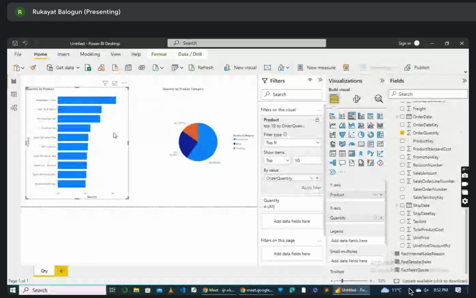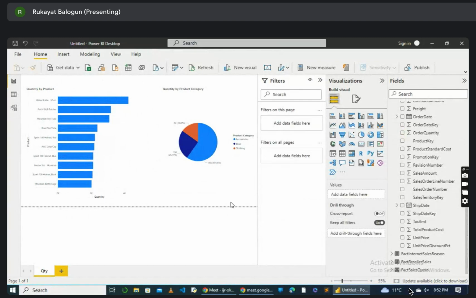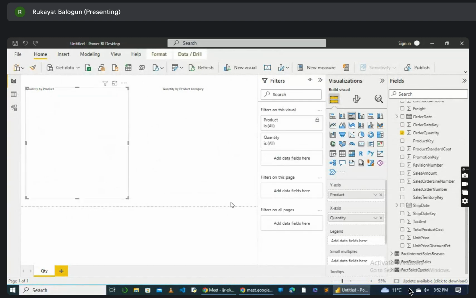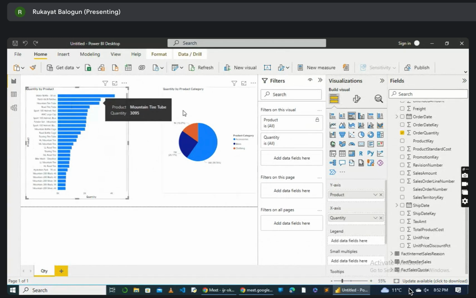Okay, so this is showing for the first 10 products. So the visualization we had before, if I just remove this, or I undo, if I just undo this, you can see we are having a lot of values coming up. So if we wanted to get the top 10 values, just come right here to filters,